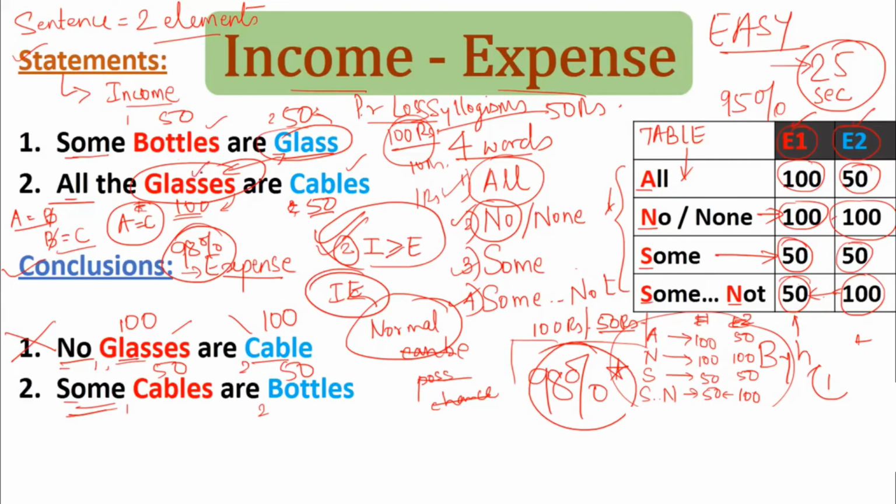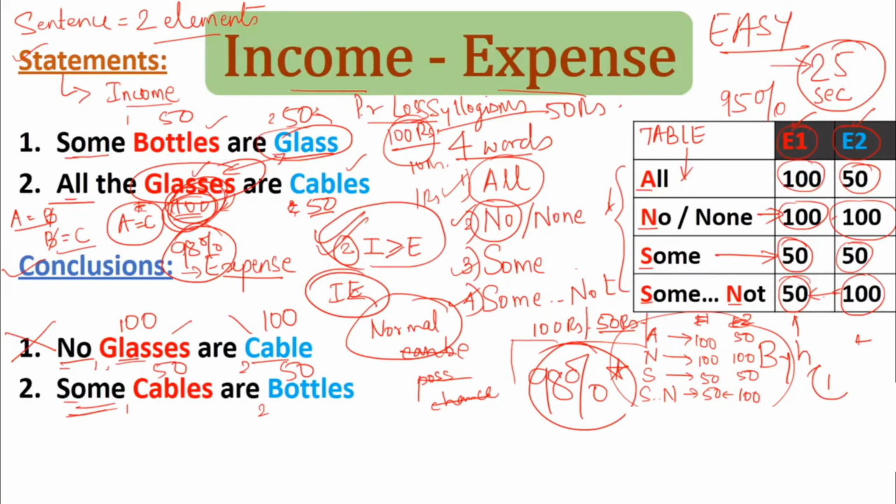Here in glasses, this has 100 rupees, this has 50. So 100 is there, no problem, we can proceed ahead. If both of them are 100, then also it is fine, we can proceed. But if both of them have 50-50, not allowed at all. Immediately cancel the sentence over here. This conclusion will become invalid. But here glass has the value 100, so no problem at all.